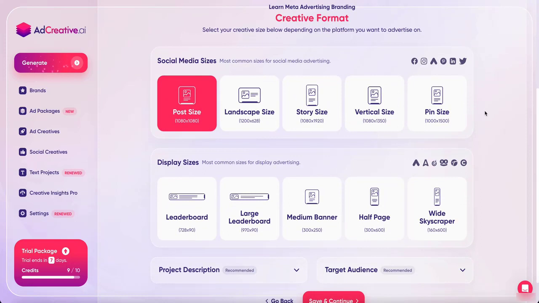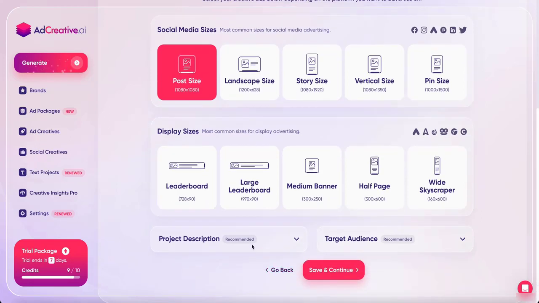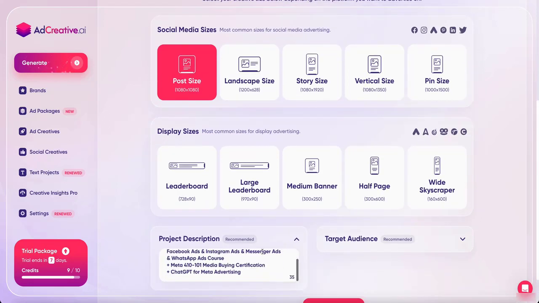Of course you might need a banner or a half page, but most of what people need is square, story, vertical, and these days also pin. So let's start with post size, and let's quickly describe the project.